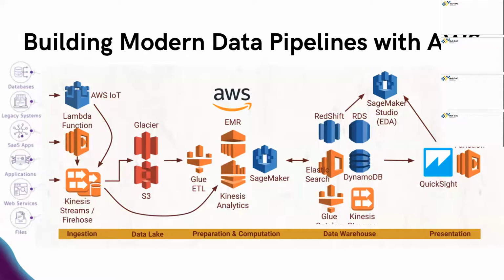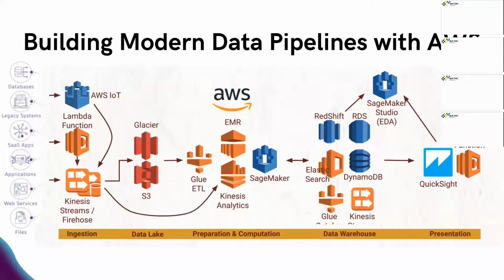For example, you have your file systems, web services, applications, legacy systems, and operational databases, all of those coming in. You can integrate them with serverless Lambda functions, or you can use Kinesis Streams or Firehose that would stream your data from your web application or your operational database directly into a staging layer, where we have an S3 bucket that stores, let's say, CSV files or text files. So imagine a table coming in as a CSV file, and that CSV file is then CI/CD'd into a pipeline